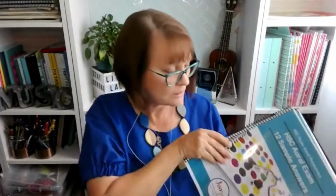like I said, this is geared towards the HSC, alrighty. That's definitely for the HSC. So the HSC oral exam, some sample answers, and this revision one, which is literally what I do in year 11: I teach all the concepts using the booklets I just showed you. And then in year 12, we use this, okay? And it literally is, I literally went through mathematically